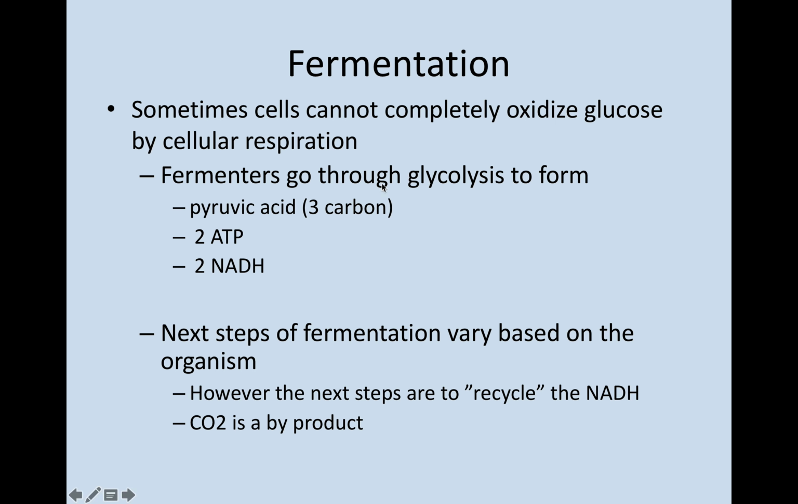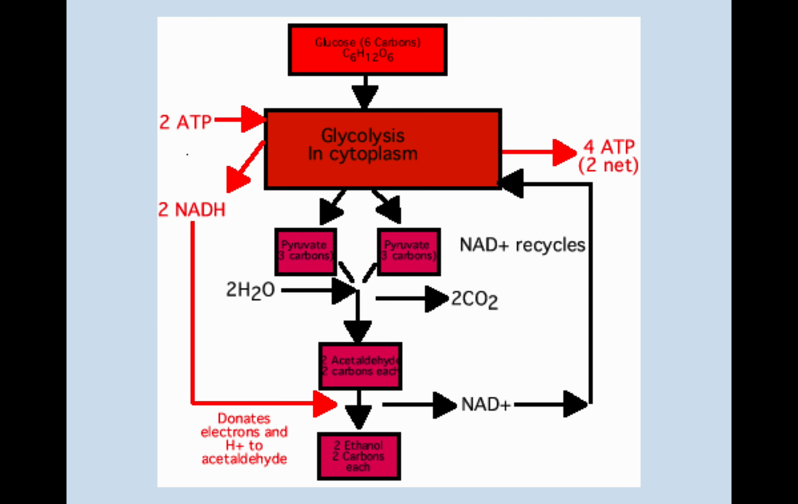Okay, fermenters do go through glycolysis, and they form the 2 pyruvate or the pyruvic acid, which are the 3 carbon molecules. So you get 2 of them, you get 2 ATP, 2 NADH, and the next steps vary based on the organism. So it depends on the organism and the electron acceptor. It's all used to recycle NADH. CO2 is usually always a byproduct. But I'll give you an example here with alcohol fermentation. We have glucose going into the system. It goes into glycolysis. We get the pyruvate,